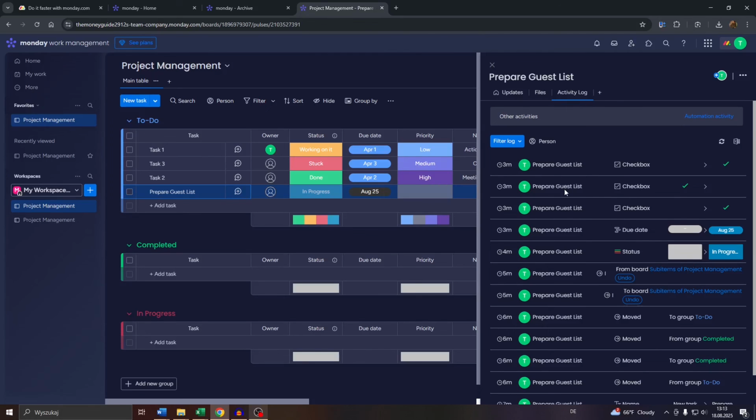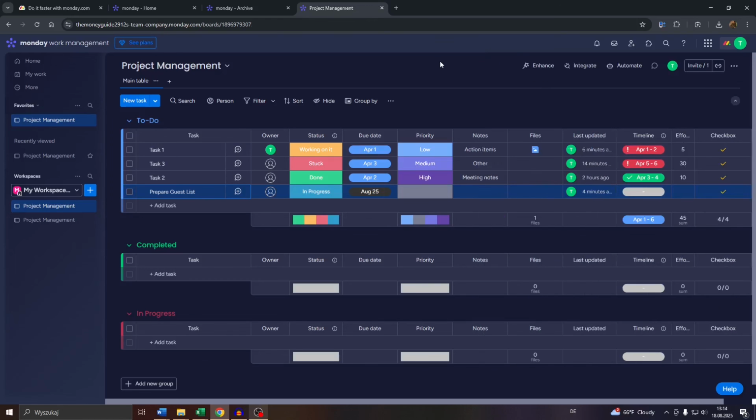And last but not least, guys, you may click into these three dots in the top right corner and manage your task members, for instance, or set the email preferences, copy an invitation link to the given task so that you may share it. For example, there you go, it has been copied to my clipboard, to share it via direct messaging services or emails to invite new workspace or board members to work on that task, and so on and so forth. You may click into these three dots again and delete the given task, archive it, and that's basically it, guys. That's how you create tasks and subtasks to work on them with your TeamSpace or workspace members on